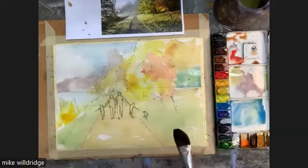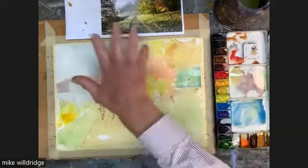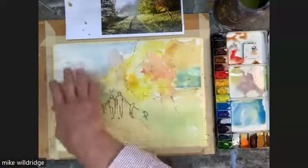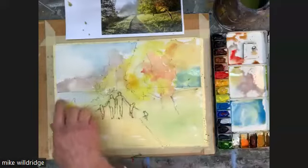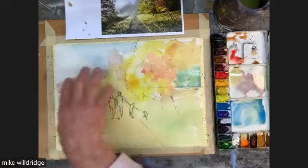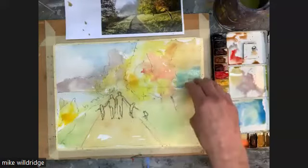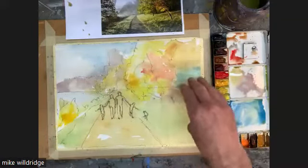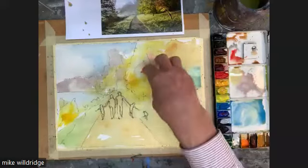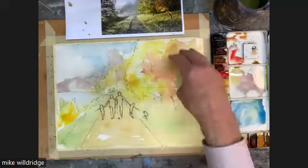Right, my paper's pretty wet. I started off by putting in this cool blue, which is called cerulean here, making it lighter here, and it sort of blends in. I left this deliberately for a little bit because it was all too wet, and I moved on here. I brought in some cooler color here that looks quite vibrant to me, but it doesn't matter. That might prove useful later on because it's a contrast with warmth here. And then I brought in some yellows, the trees, bits of reds,